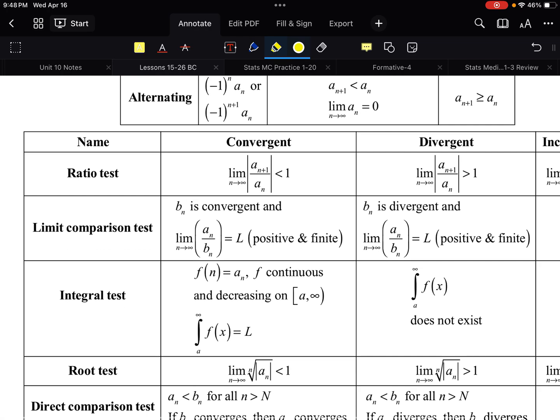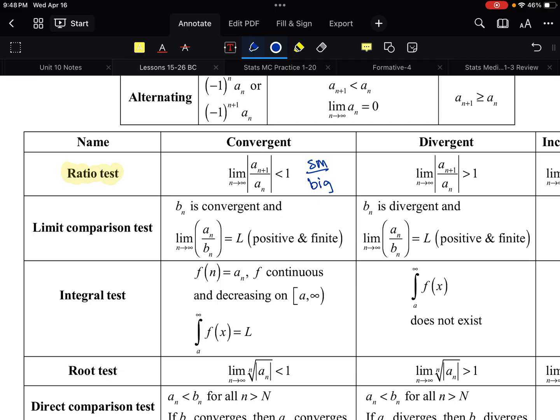Other than geometric, maybe even more than geometric, the one that I think gets used the most is the ratio test. And the ratio test says take the n plus 1 term, the nth term, and divide them. And if you divide the two, and you get something that's less than 1. Okay, how can I divide two numbers and get a little answer? Well, I divide two numbers and get a little answer when I do a small number divided by a big